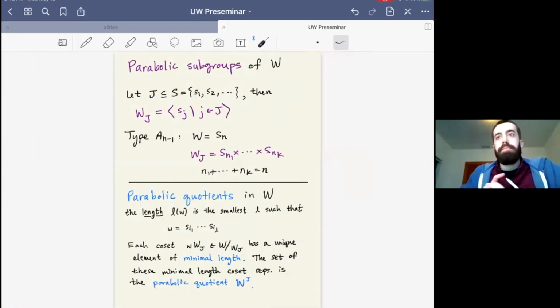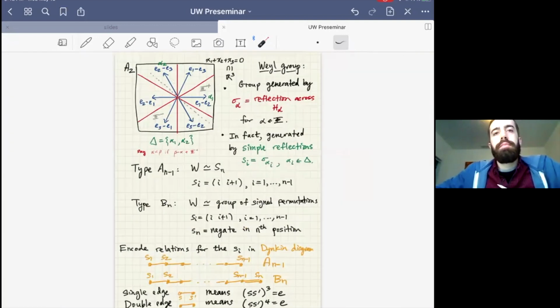Does that extend? So can the degree be higher than 4? And if so, does degree 5 mean triple edge and so on? That's a good question. So if we insist that the Weyl group that we get is finite, which will be the case in my talk today, so the finite Weyl groups coming from finite root systems,